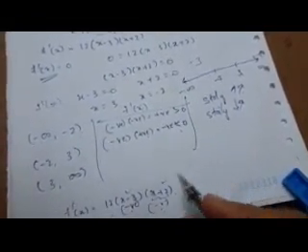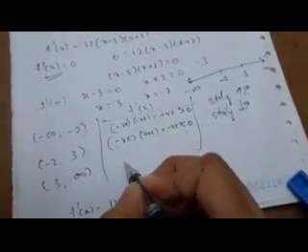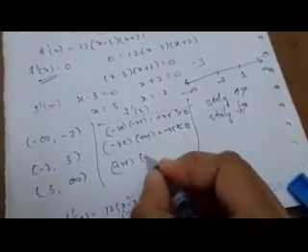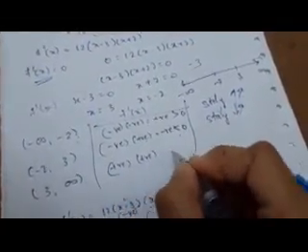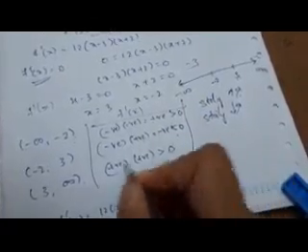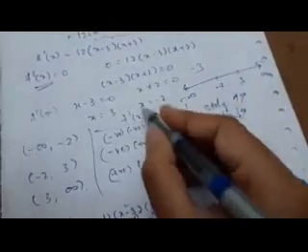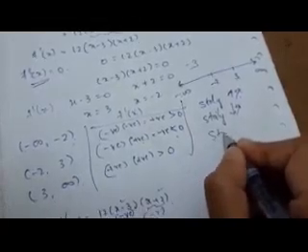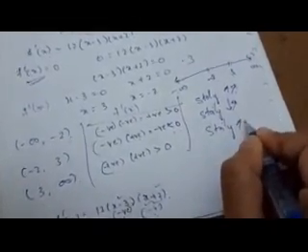Similarly 3 to infinity. Let us take 4. 4 minus 3 is 1, which is positive. Similarly the next is 4 plus 2, again positive. Positive into positive is positive itself, which is greater than 0. So f dash of x is greater than 0, which means it is strictly increasing.